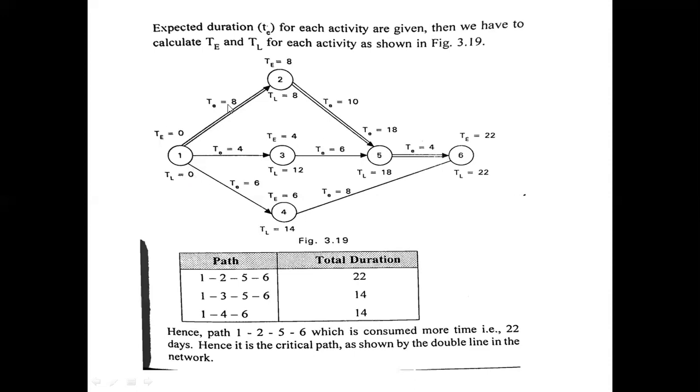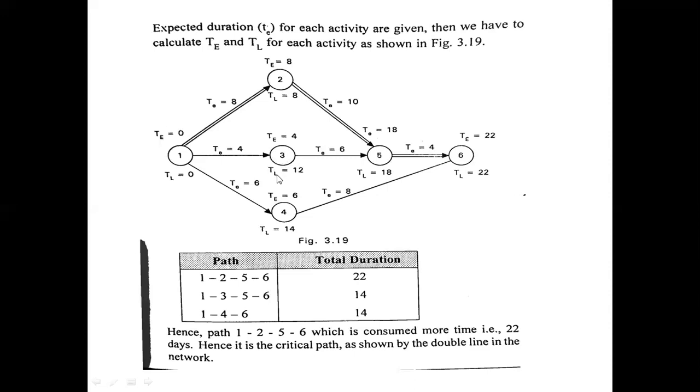So after calculating all these values, what you have to do is find out the slack for each and every activity. What is slack? Slack is nothing but the difference of earliest finish time and the latest finish time. So here the slack is 0, because both are 0. Here the slack is 0, here also it is 0, for the fifth also it is 0, and for the sixth also it is 0, because both are equal. And for C, the slack is not 0 for this fourth one. Similarly for the third event, the slack is also not equal to 0.